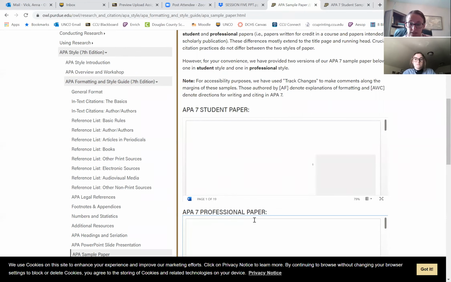So the best weapon against accidentally falling into a plagiarism issue would be effective and accurate source citation. And if there's one thing you take away from that, put the quotation marks around any direct quote that you use. That's really the big kicker. It's all important, but if you can get those quotation marks in there, then we won't have to have a conversation about, oh, these are not your own words. And so that's just the best way to be better safe than sorry and just cite your information. And that's it for the APA aspect of things and the final paper.